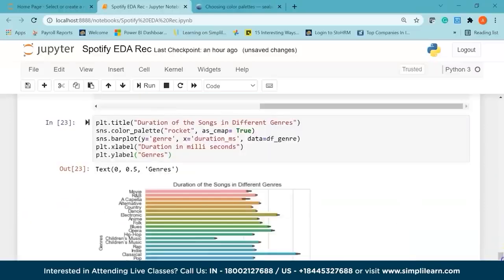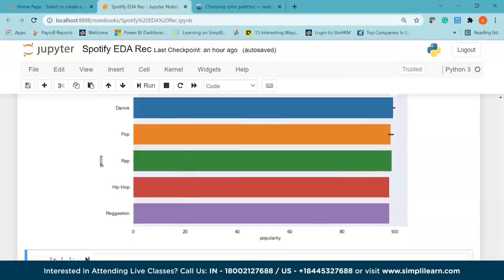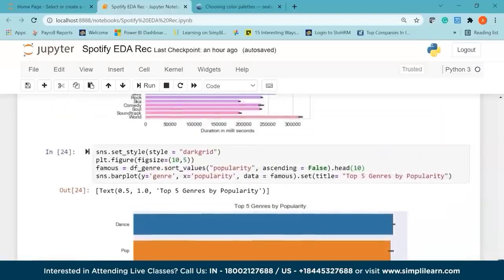There you go. So here if I scroll down, you can see I have my top 5 genres based on the popularity. So we have dance, pop, rap, hip hop and reggaeton. So these are the 5 genres which are most popular based on the data that we have collected from Spotify. Alright,